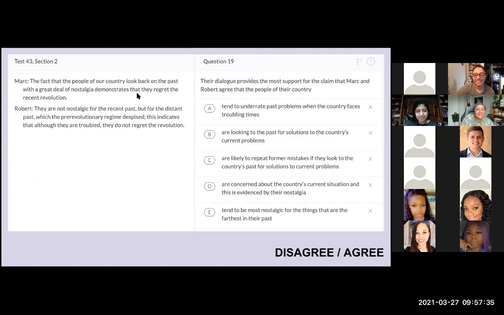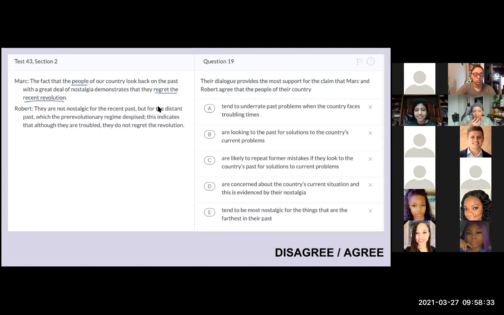I think that I can't remember what nostalgia means. Maybe like demise. It's okay. If you don't know what nostalgia means, you could even try just covering it up and summarizing without that word. But nostalgia means thinking back on the past and feeling happy about it. Okay, so maybe I think Mark is saying that there's people who regret the recent revolution. Yeah, exactly. People think back about the past in our country, and that must mean that they regret the recent